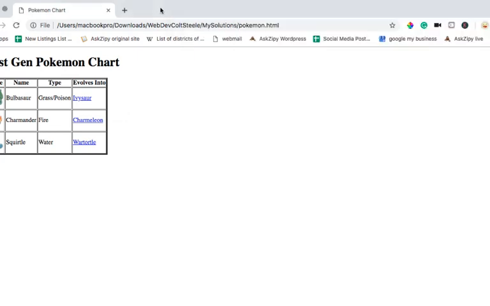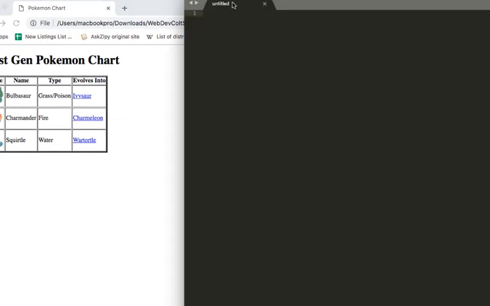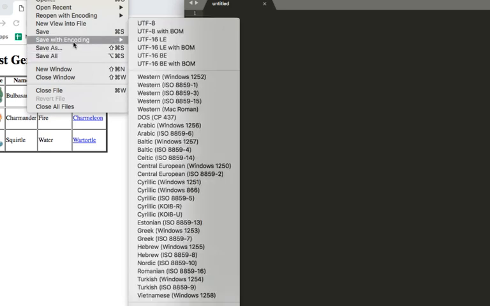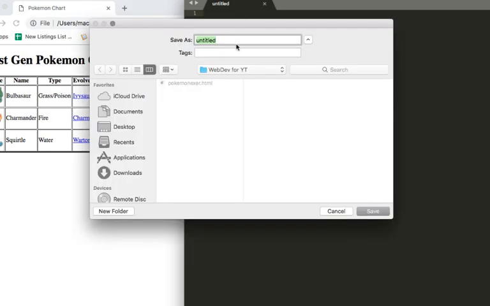and then let's save this one. Let's name this Pokemon exercise. Don't forget .html, and then save it wherever you want to save it. Alright,